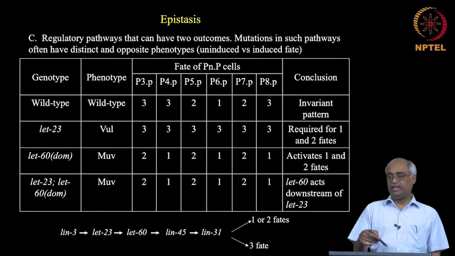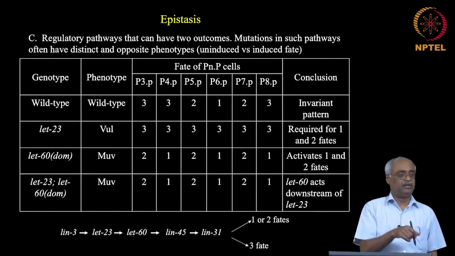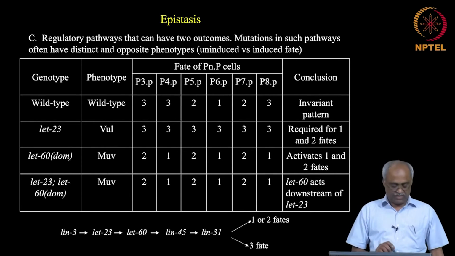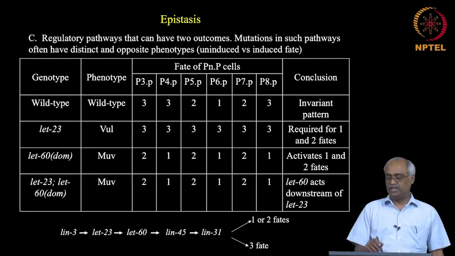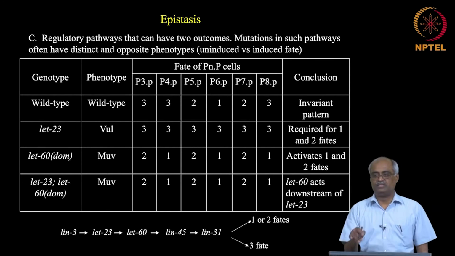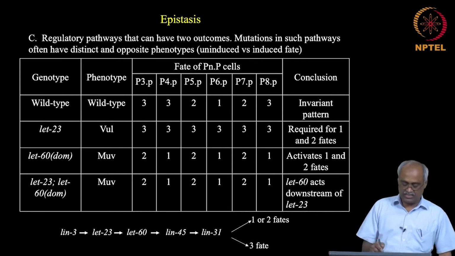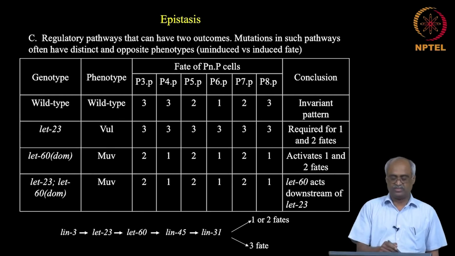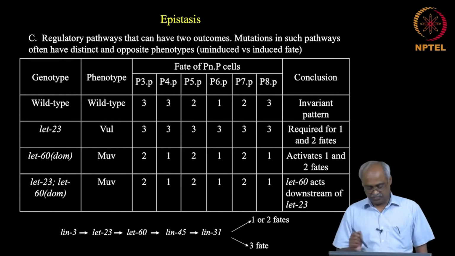And simply by saying Lin26 is epistatic, you do not immediately come to the conclusion that it is acting upstream. For that, you need to know that this pathway belongs to one of these two categories. Only in that situation is the upstream block epistatic, and you saw the logic here as well as here. Without these cells you are not going to make this, and therefore, this acts upstream.